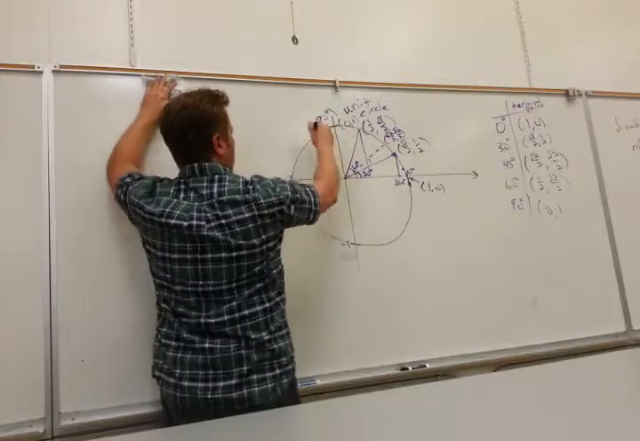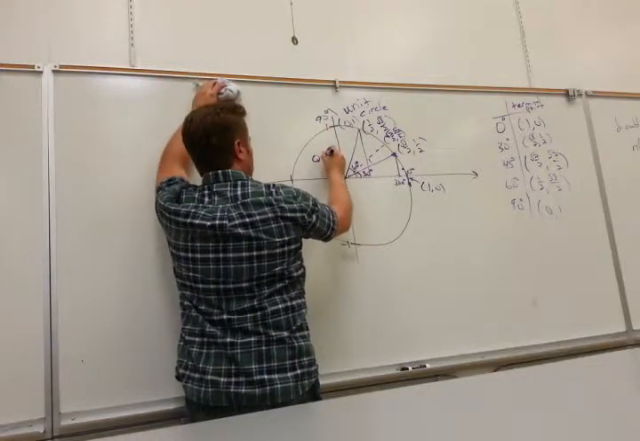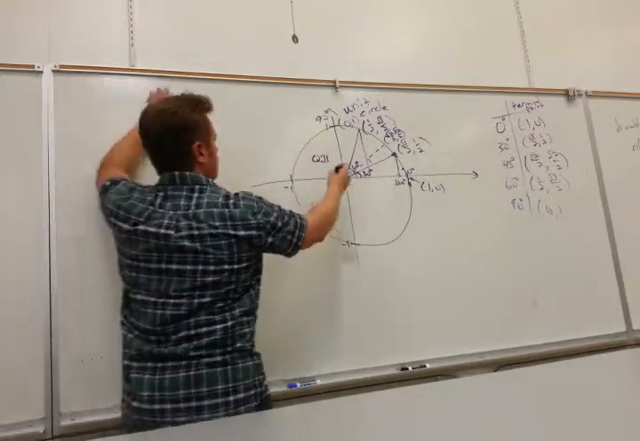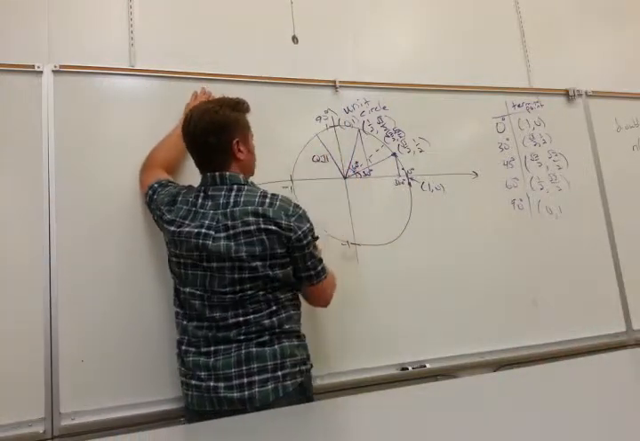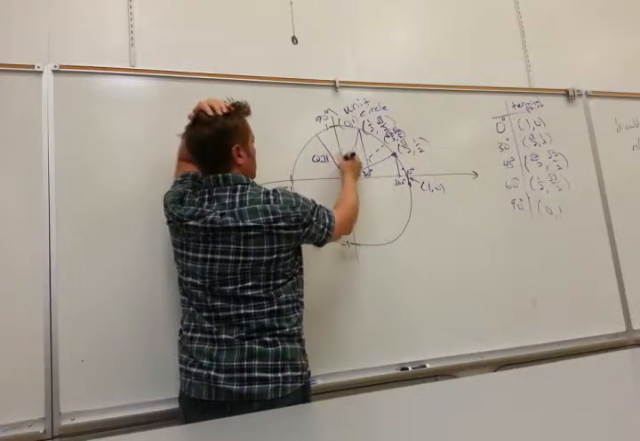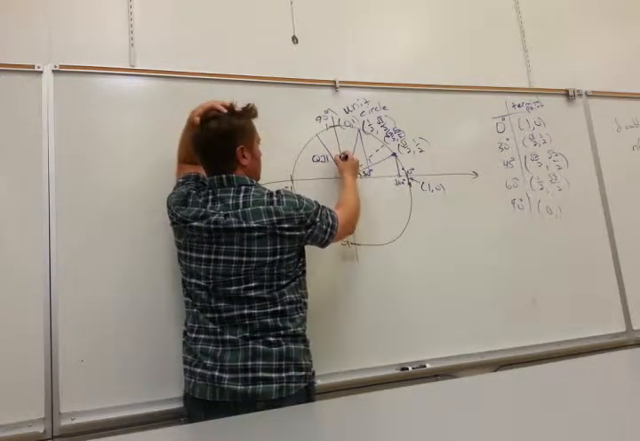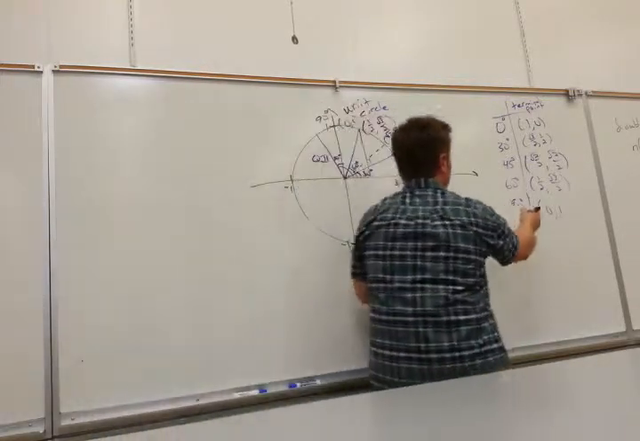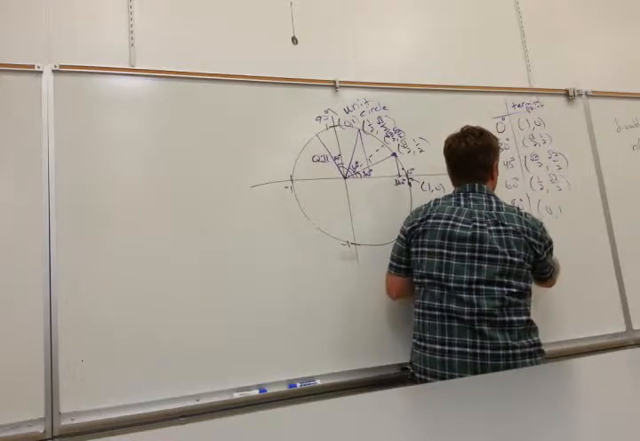So what's going to happen over here in quadrant 2? What angle is this one going to be here? What do you think? This angle here is going to be another 30 degrees. So this whole angle is going to be 120. So at 120 degrees,